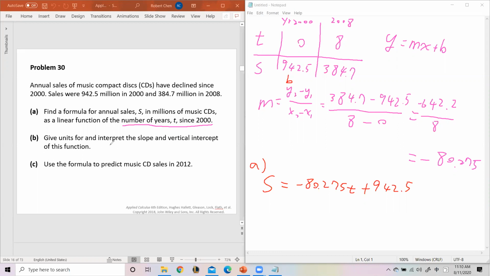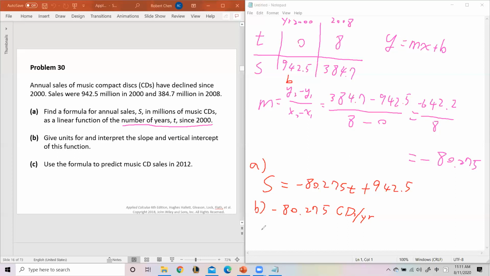Give units for and interpret the slope and the vertical intercept of this function. So the slope is negative 80.275. And what does that mean? T is the number of years. That means as we go on a year, when the year increases by 1, the CD sales is going to decrease by 80.275 million. So negative 80.275 million CDs per year. The negative means the sales of CDs are decreasing,